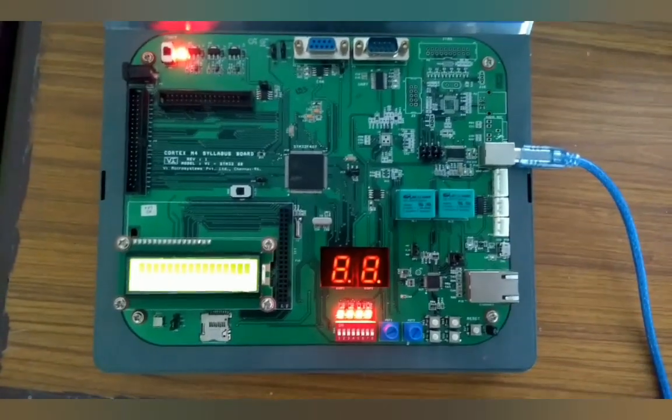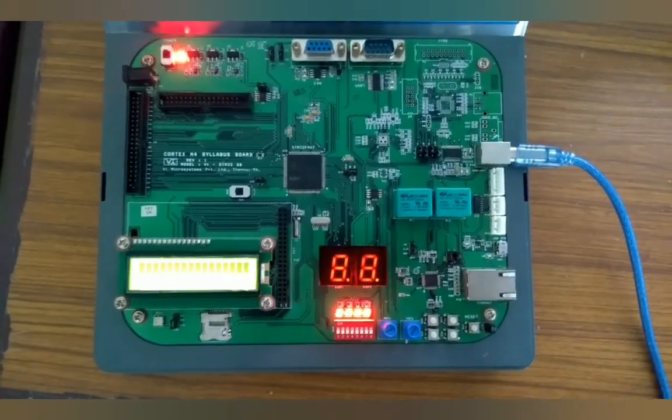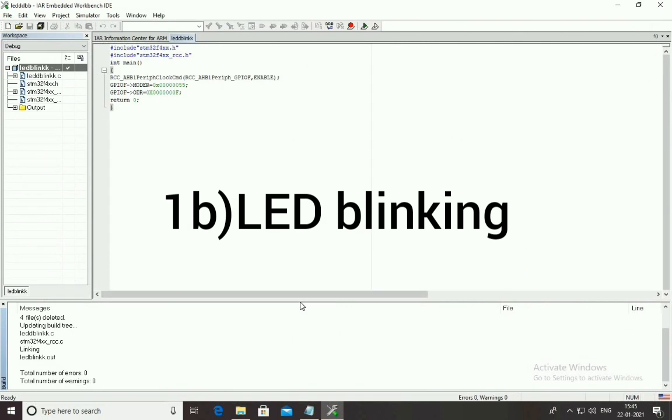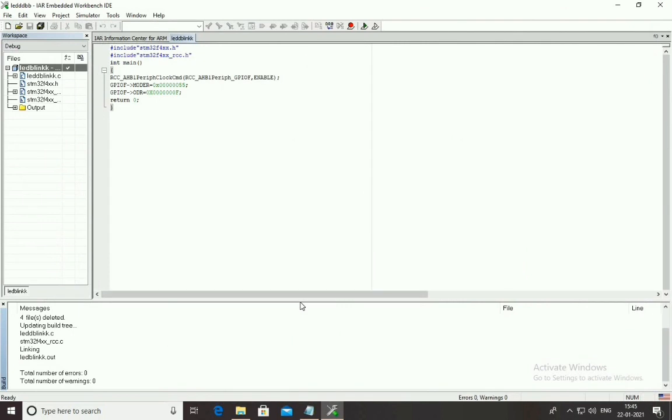Okay, the next one is you have to blink the LED. For that you need to add a delay. So now I am adding a delay function.